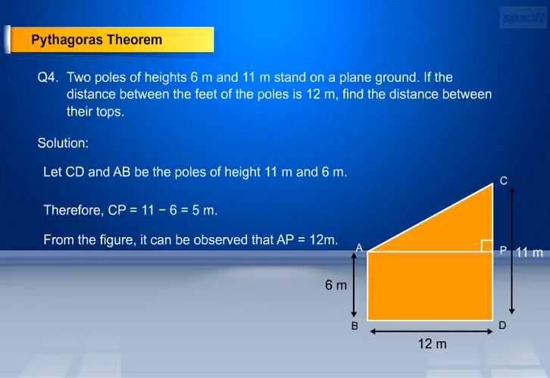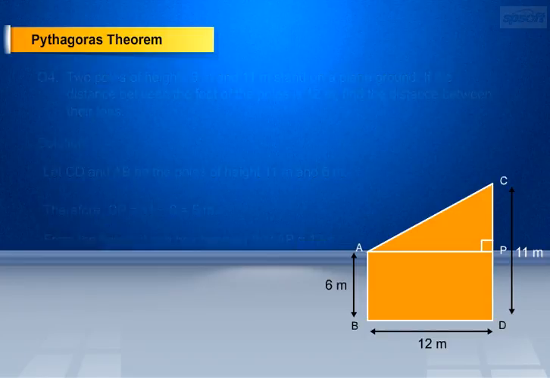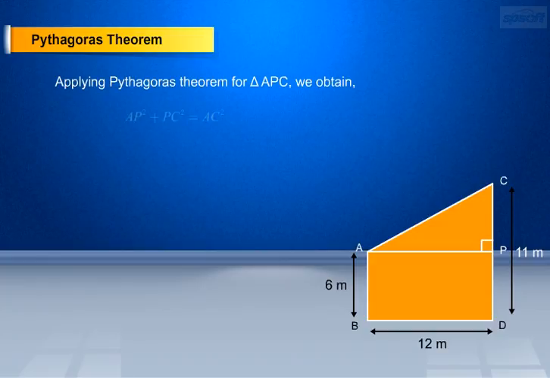Since from the figure, we can observe that AP equal to BD, so we can say that AP equal to 12 meters. Applying Pythagoras theorem for triangle APC, we obtain AP square plus CP square equal to AC square. As we know the values of AP equal to 12 meters, and CP equal to 5 meters. By substituting these values in the above equation, we get 12 meters whole square plus 5 meters whole square equal